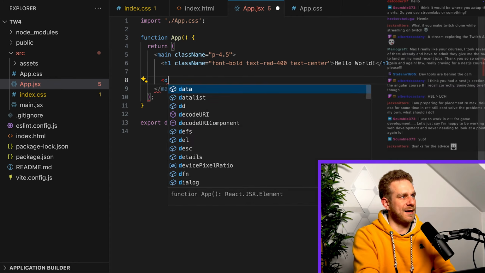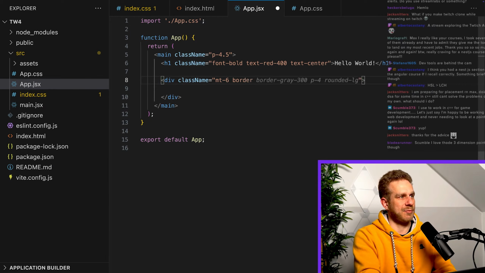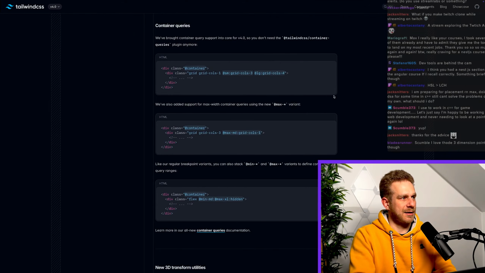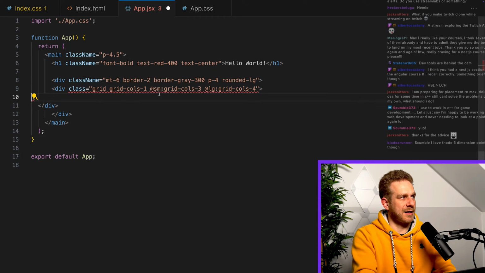So we can add a div here, and let's add a class name here and add some margin to the top, and also add a border so that we can see this. Border gray 300, yeah, why not? And in there, I'll just copy in this code. In there, I'll have